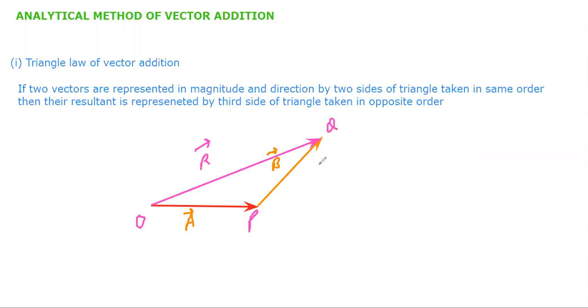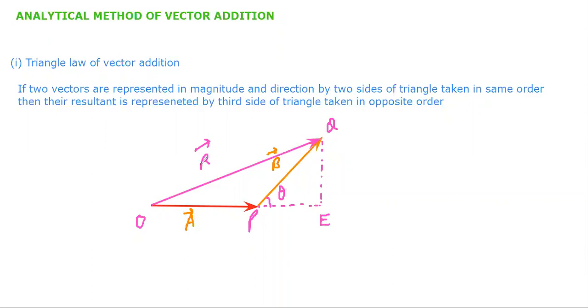Now you have to find the mathematical form to find the value of the R vector. For that you have to do a construction. You have to project this outwards. These dotted lines are the construction here. Let this be E, and let this angle be theta. You have to find the mathematical form of R.